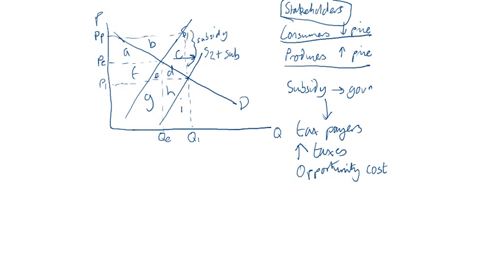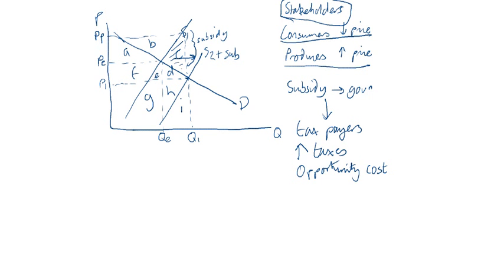Okay, so again, you might say it increases taxes. Some taxpayers aren't going to like this, although it might not involve increased taxes. It might just involve an opportunity cost. So there might be less community services available, and again, that's not going to affect everybody. It might just affect some of those taxpayers. So only some people might be a little bit annoyed at it. And then you need to highlight, well, also there's this deadweight loss.